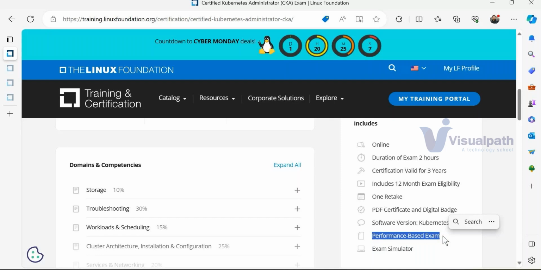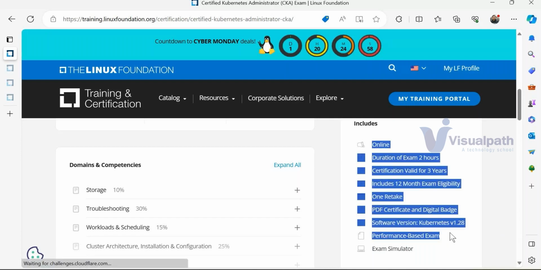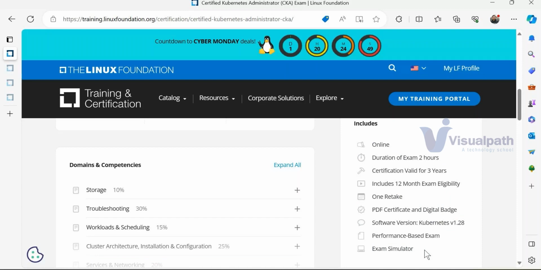Now, we are first timers, right? We are doing this for the first time. All this information is just for our information only. But how to clear this exam, how to get the feel of it, right? I don't want to just lose the first chance. I should understand the whole exam, lab, simulation, and the performance based exam and all the scenarios, so that I am not confused during the exam time. If I'm confused, my clock is ticking, and my 2 hours will be finished, and I won't be able to pass the exam because I didn't understand the environment itself. Understanding the environment itself took time for me, right? Normally 30, 40 minutes goes just like that.